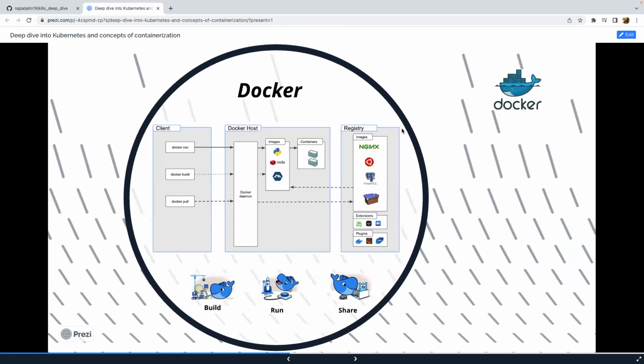That's all around Docker. So in a nutshell, there are 3 steps. One, we build. How we are going to build, we'll see towards the end of the demo. I mean, in the demo, we are going to build an application. Once you're able to build it, you just need to run it. How you're going to run it? Through the Docker run command. Of course, it's not just Docker run, there would be multiple other switches and things like that. I'm not getting into that, but essentially it's Docker run that runs the containers or runs your image. And then once you're able to run this, you can probably port it anywhere through this registry part. That's about it.